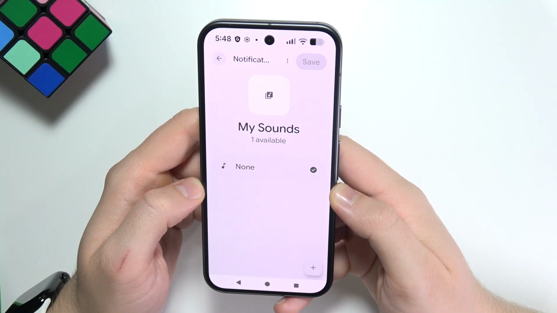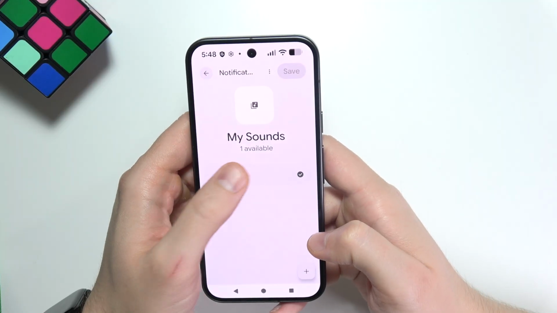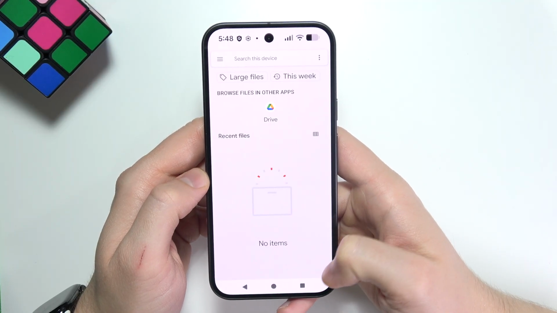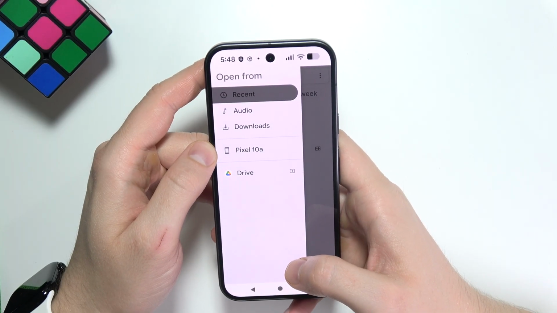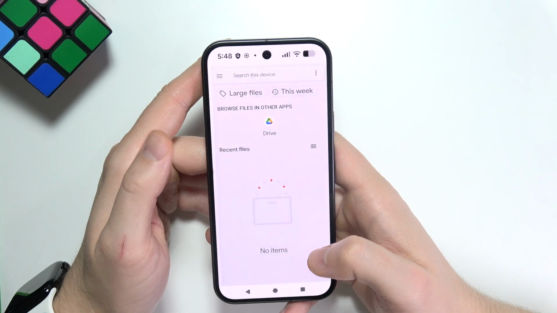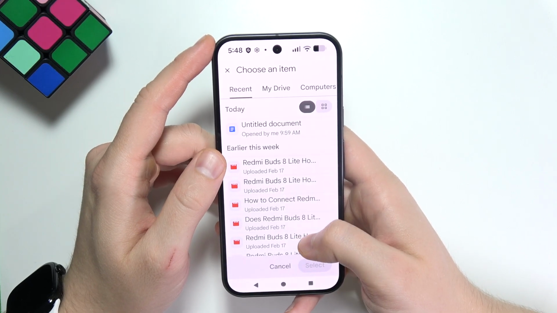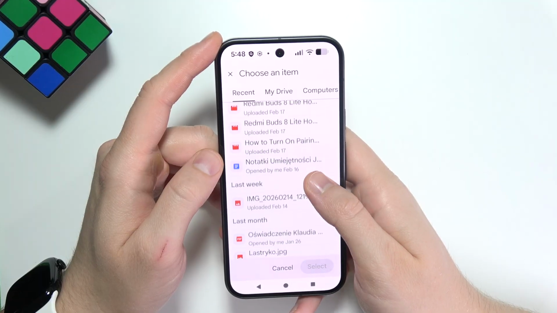So what it does, you can pick the custom sound, and if it will be visible here, then you can tap on it, but you can also click here and import that sound, for example, from your internal storage, from your downloads, or for example from your Google Drive. So we can just simply take a look on everything that is available on your device and just simply set